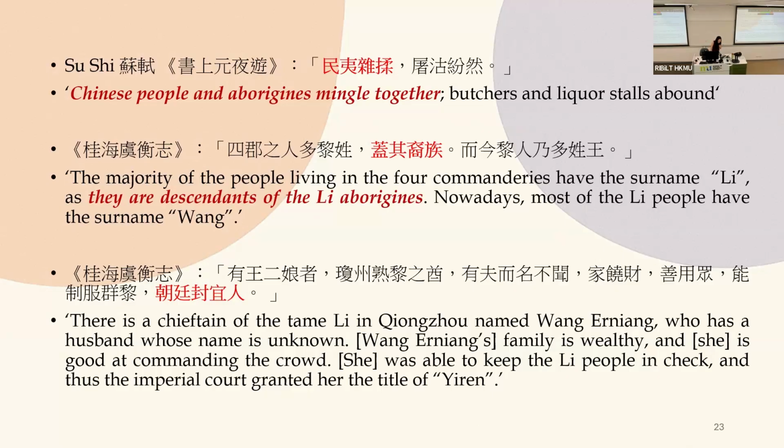ancestry. And moreover, despite the central government's vigilance against the indigenous peoples, they eventually had no choice but to recruit native chieftains to assist their ruling in Hainan, as seen here. And not only did they recruit native indigenous chieftains, they recruited female native indigenous chieftains, which is also quite interesting.